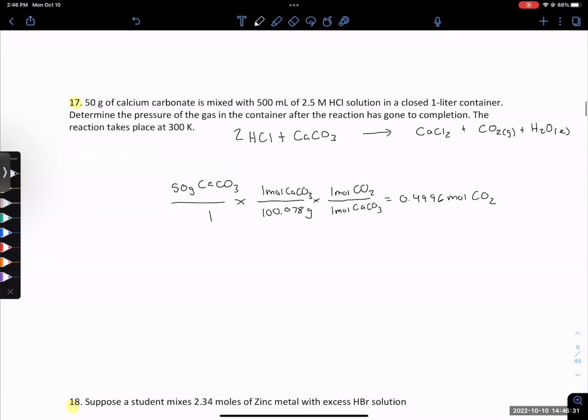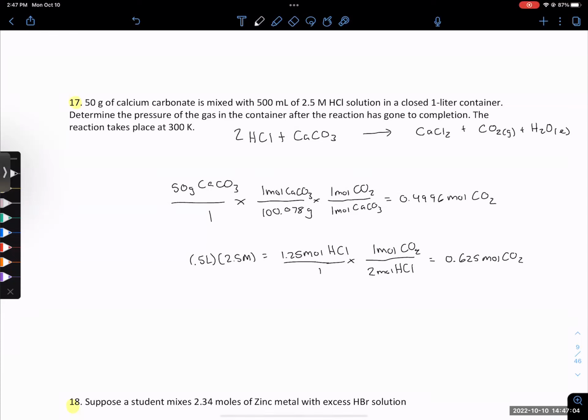So we have 0.5 liters times 2.5 molar, which equals 1.25 moles of HCl. We use the molar ratio: for every 2 moles of HCl, there's 1 mole of CO2 formed. That gives us about 0.625